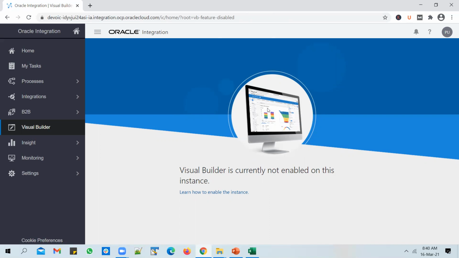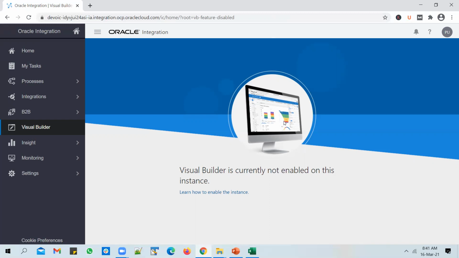And what can you do with the help of VBCS? As you can see from the screenshot, you can build mobile as well as web applications using VBCS. And the moment you hear the term web application development, a lot of skills might come to your mind, right? Typically, to build a web application, you need to know JavaScript, and you need to know HTML and CSS a little bit, right?